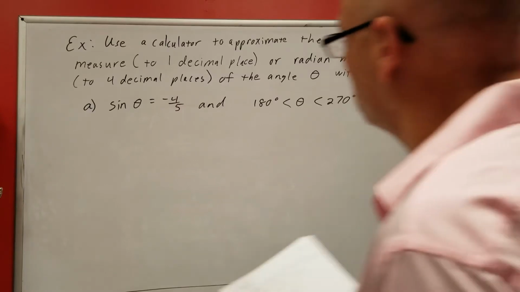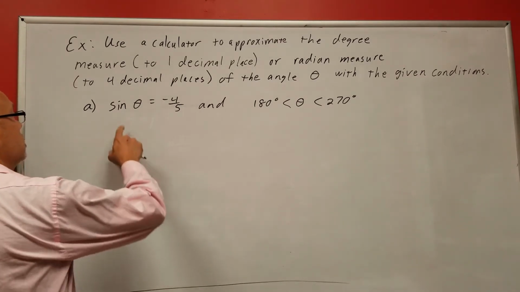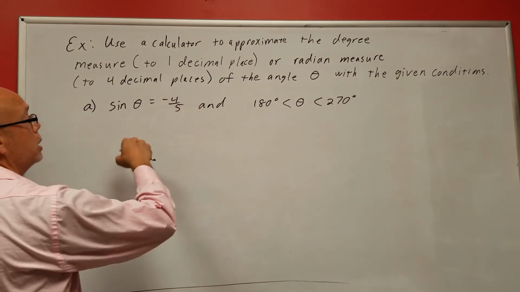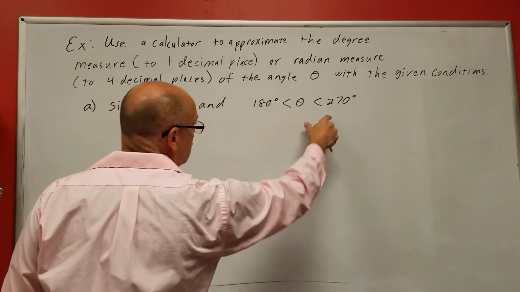This is the next video on 5-7. Use a calculator to approximate the degree measure to 1 decimal place or radian measure to 4 decimal places of the angle theta with the given conditions. Alright, so they want to approximate the angle where the sine of theta is equal to -4/5 and theta is